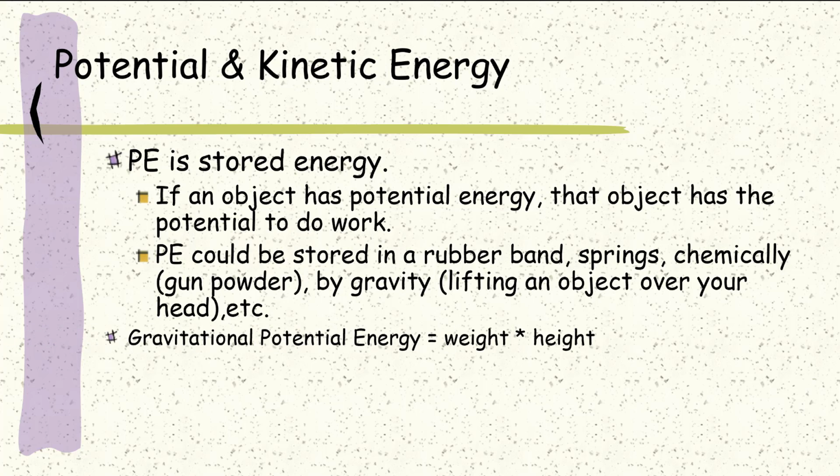And for now, all we're going to really look at is the gravitational potential energy. Normally we describe that as GPE, and it's just the weight of the object times the height. So you can write it as GPE equals mass times gravitational field strength times height, or GPE = mgh. Remember that the weight is the same thing as the force of gravity, which is just m times g, which is why this works out that way.